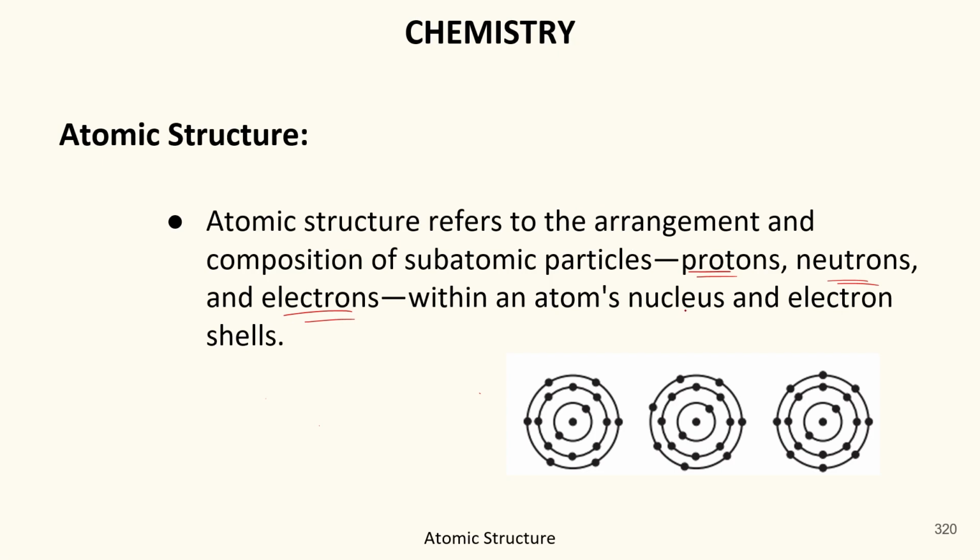Okay, how they discovered? Basically, after getting the information of the atom, we were all trying to get the atomic structure. Like, what does the atom look like? That was our main priority. For this there are several atomic models, but there are three important atomic models from the examination point of view. So the first is